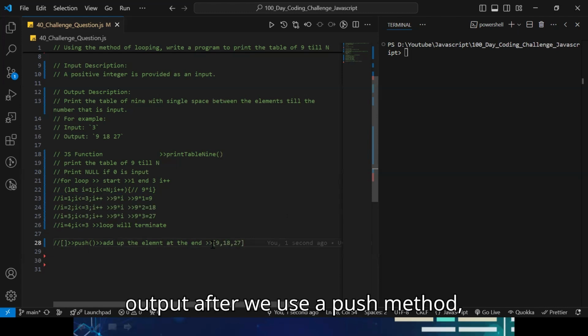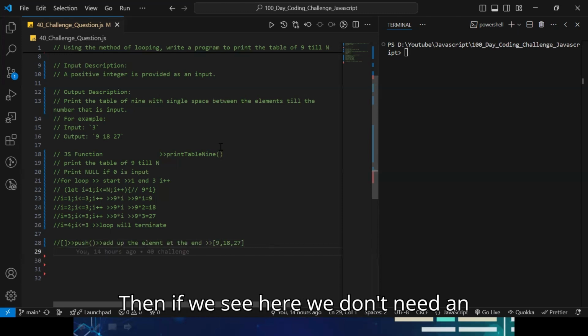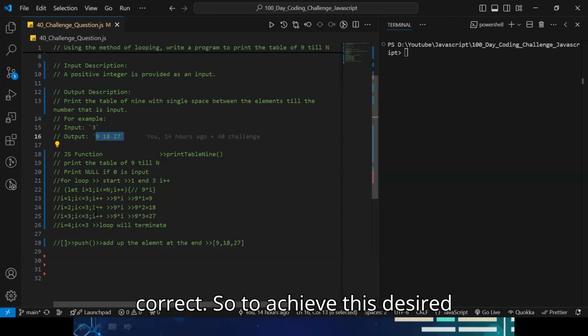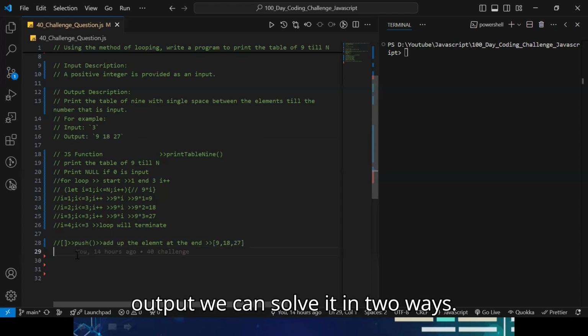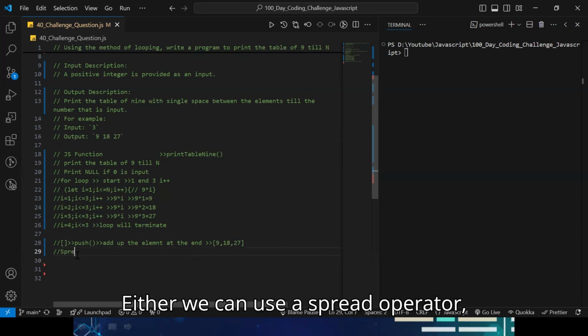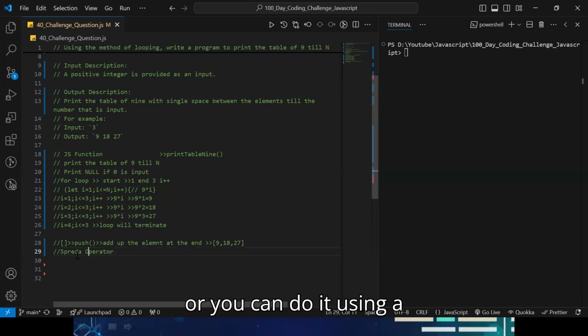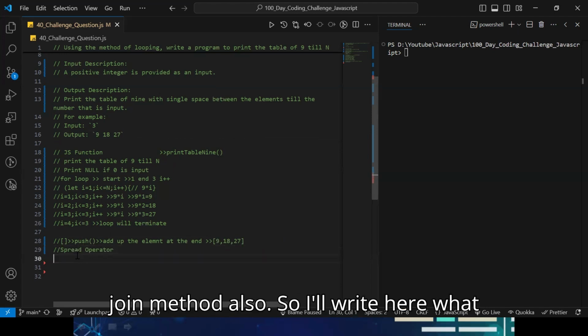So this will be the output after we use a push method, okay? Then if we see here, we don't need it in an array, right? We need it in a string, correct? So to achieve this desired output, we can solve it in 2 ways. Either we can use a spread operator, okay? So I'll write here spread operator, or you can do it using a join method also. So I'll write here join method.